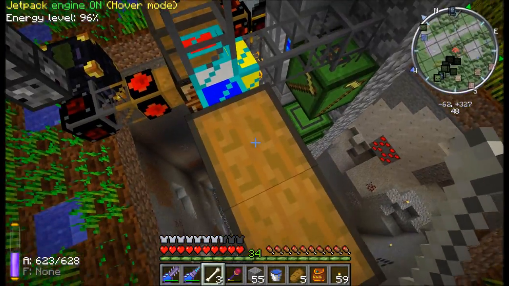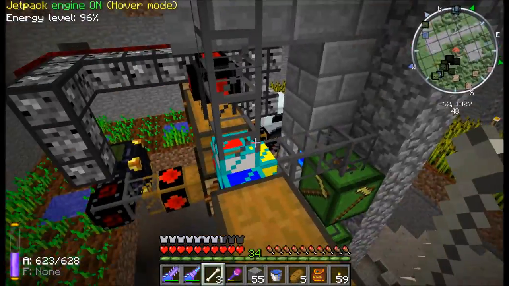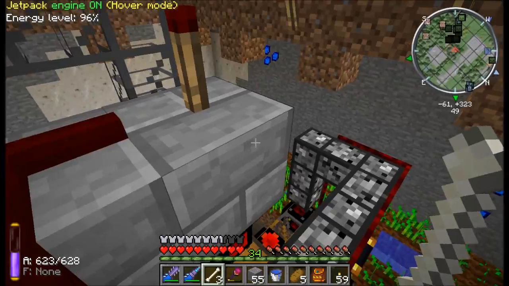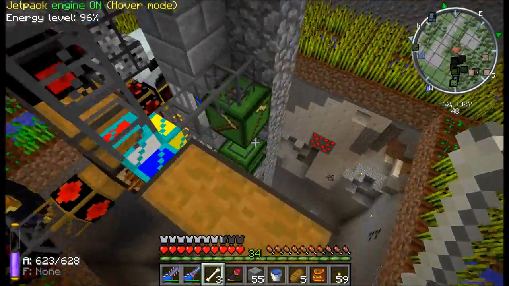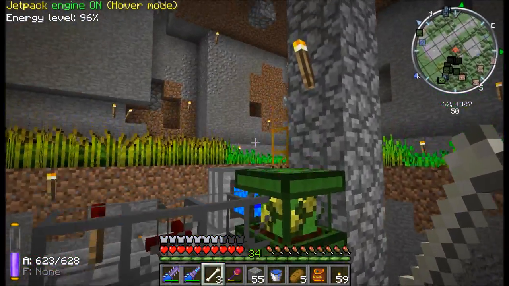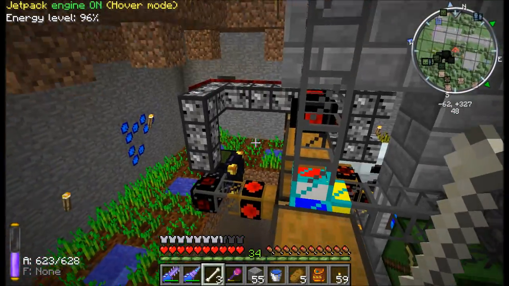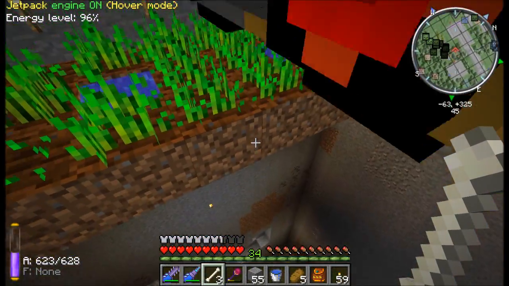Thinking about hooking this up to an ender chest and then porting that out to a seed crusher, seed extractor, seed oil extractor, whatever that thing's called. So yeah, that's that. If we look over here to the compost section, then this is the on and off trigger